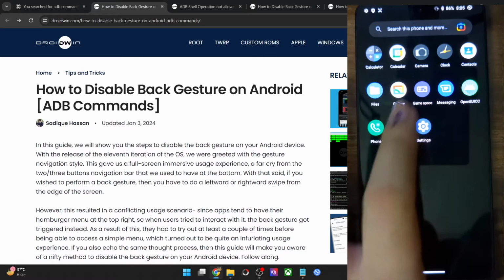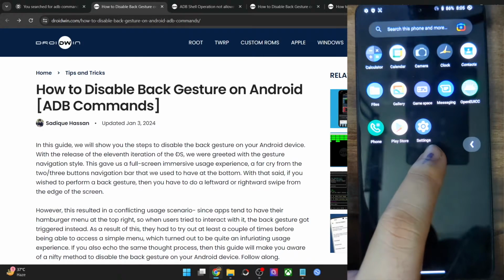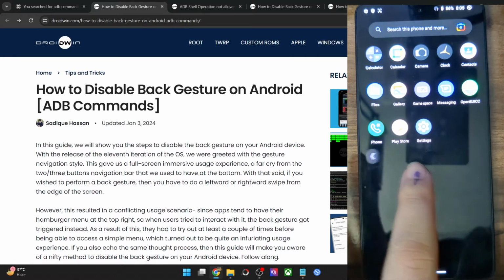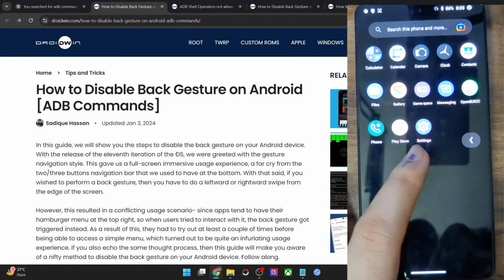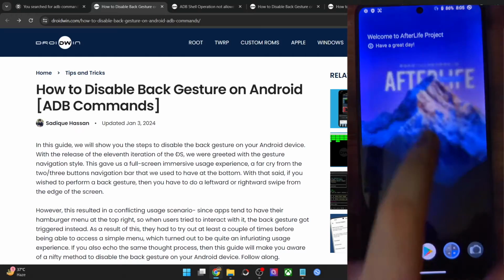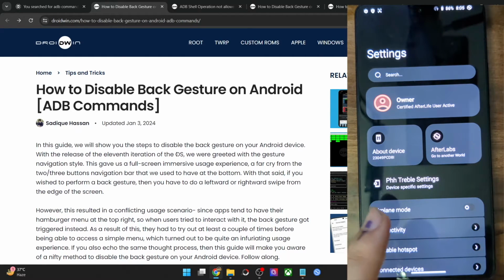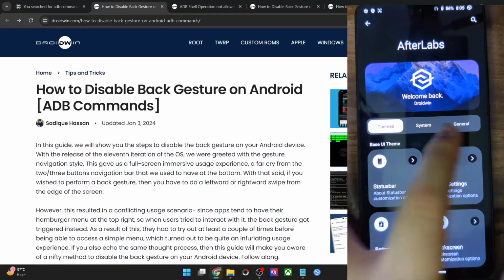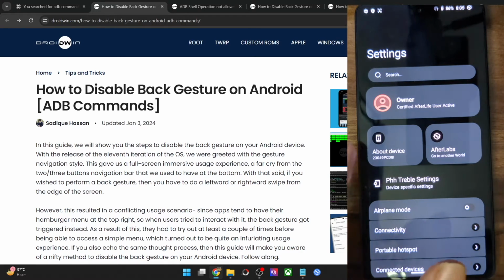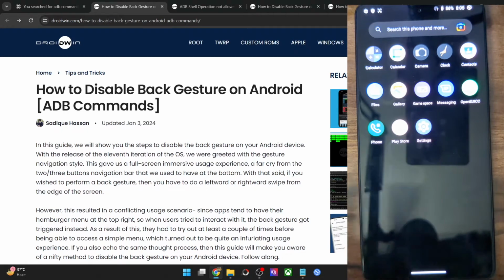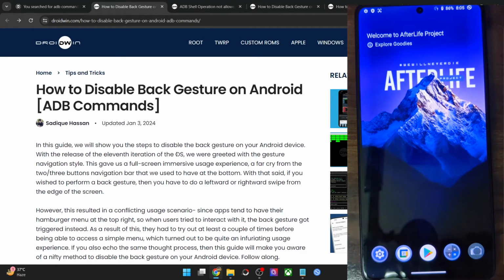So as of now, you could see this is the right back gesture and an arrow is visible as well, and this is the left back gesture. Upon doing a back gesture, you could see that I am taken back to the home screen. Likewise, if I go to the settings menu and open any option, then do a back gesture, I will be taken a step back again. You may do the back gesture from both the left and right hand side. Both will work equally well.